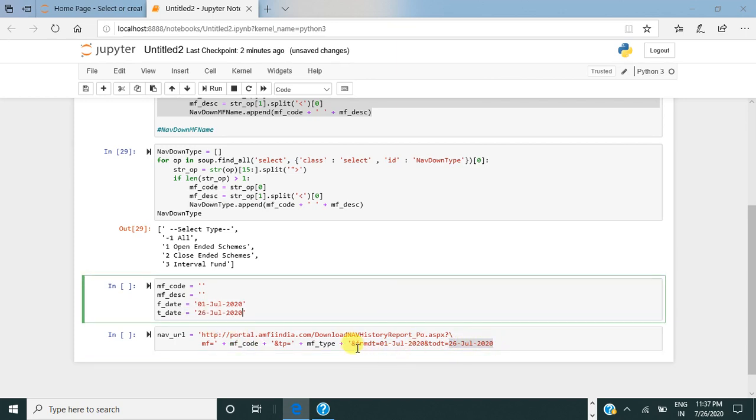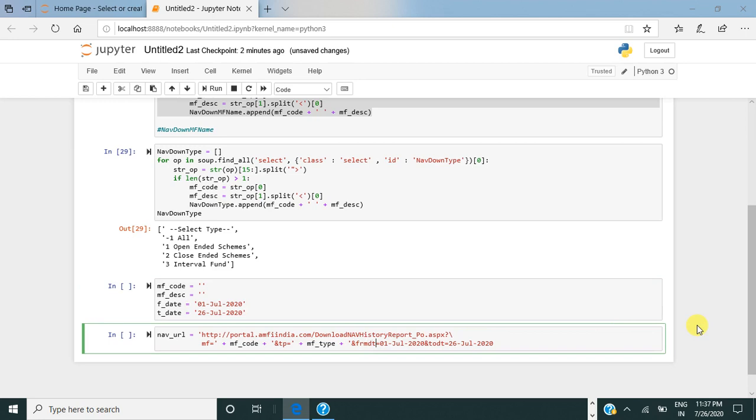Okay, I just copy pasted it, and I will do here plus F date. Okay, then I will plus here quote plus to date. Let us have